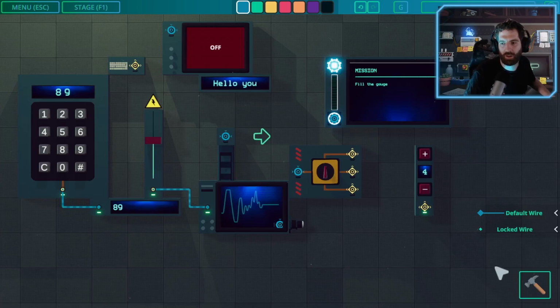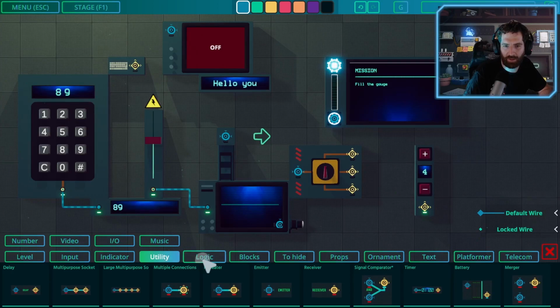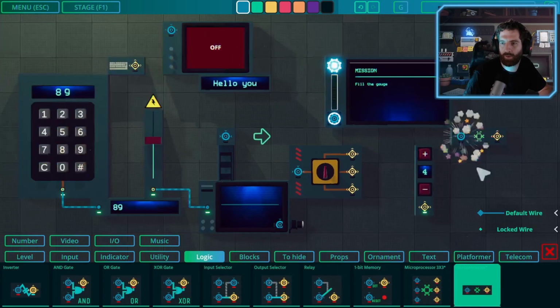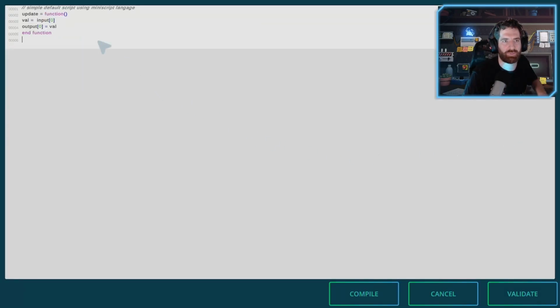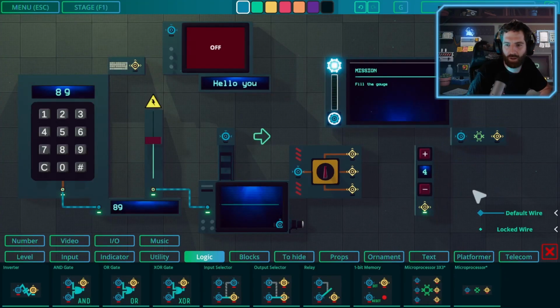It's powerful, and even if you don't have something you want, there are some more complex blocks like this one that can be scripted. It's for more advanced users, but you can compile some code and have your own behavior with this kind of block. But you don't need that to create different things, because the whole thing is already some kind of easy, accessible visual programming.